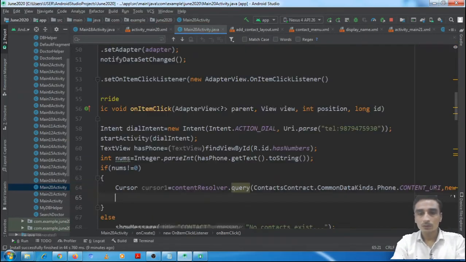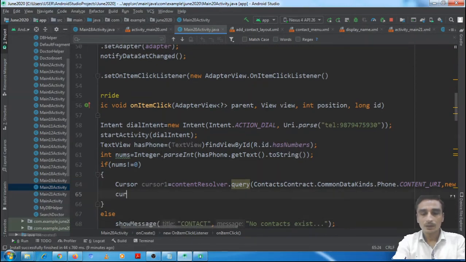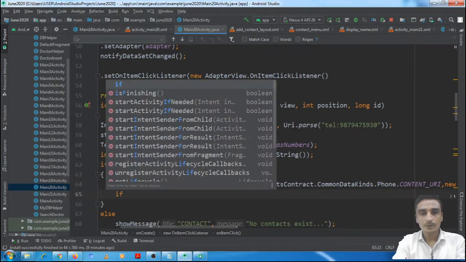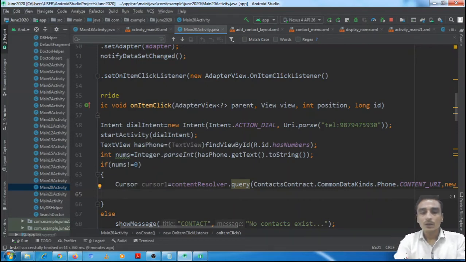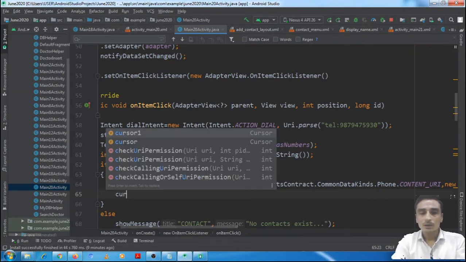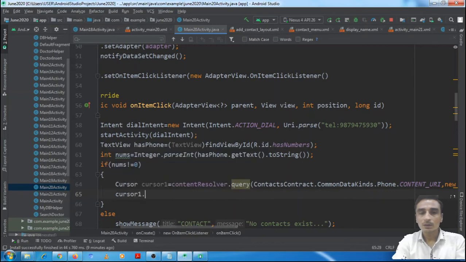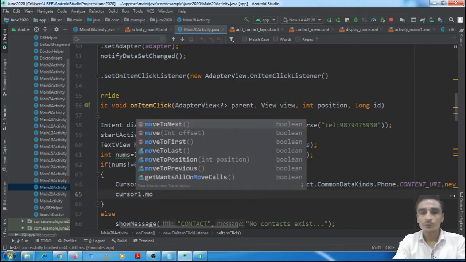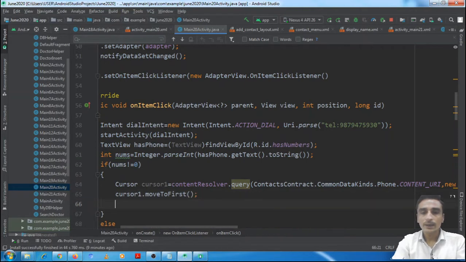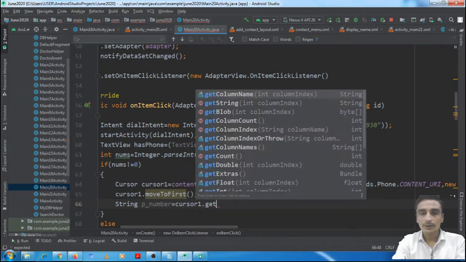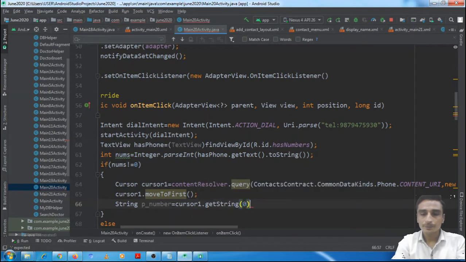Now if there are contacts available, we will first of all call cursor1.moveToFirst, and we will read that phone number in a string variable equal to cursor1.getString(0).